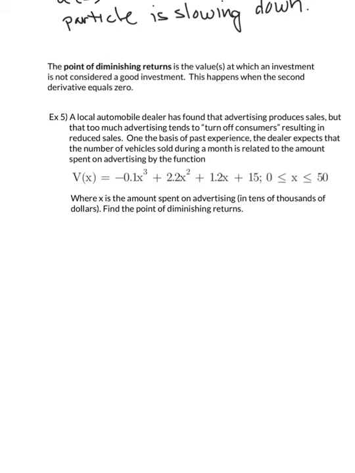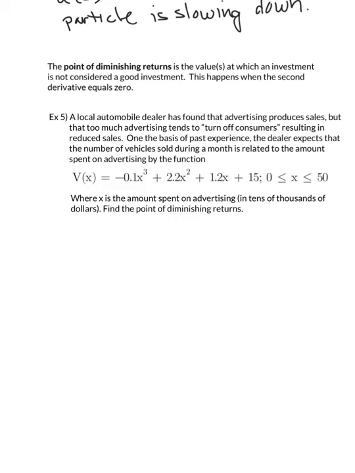An example that deals with the point of diminishing returns is a local automobile dealer has found that advertising produces sales, but that too much advertising tends to turn off consumers, resulting in reduced sales. On the basis of past experience, the dealer expects that the number of vehicles sold during a month is related to the amount spent on advertising by the function